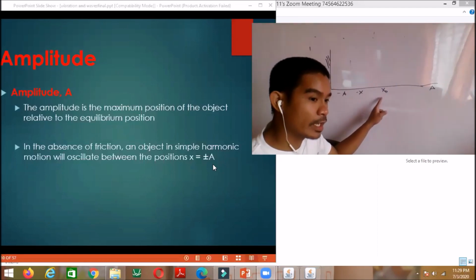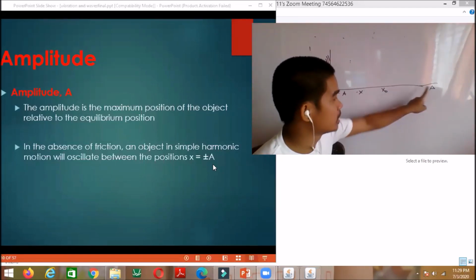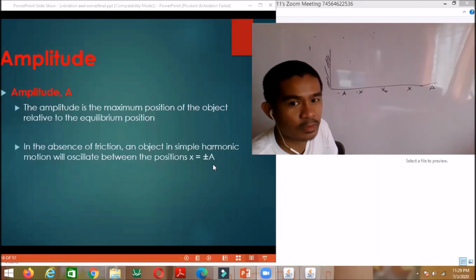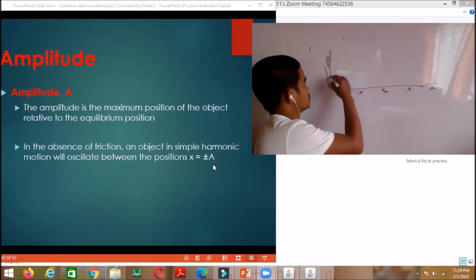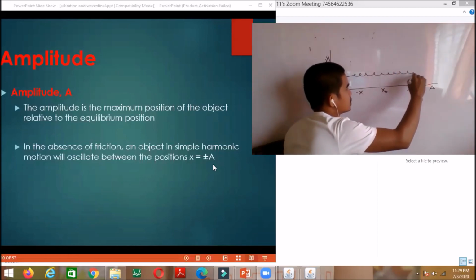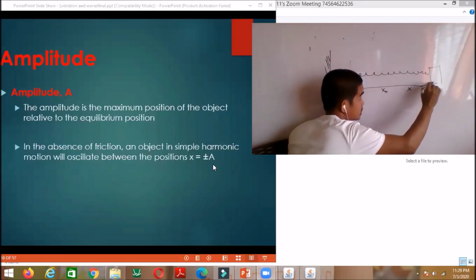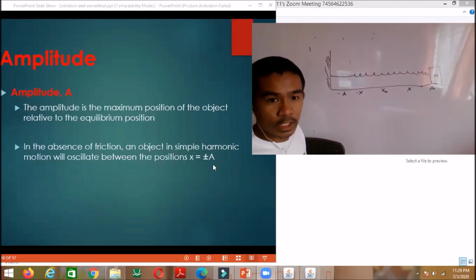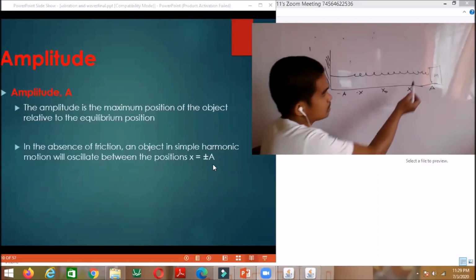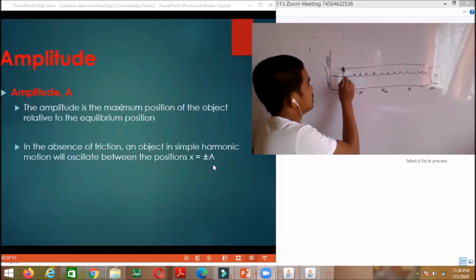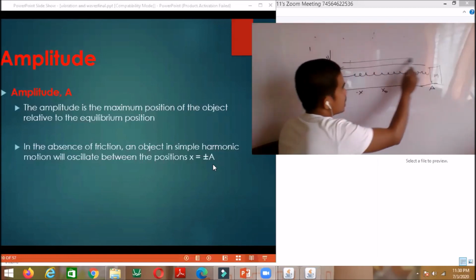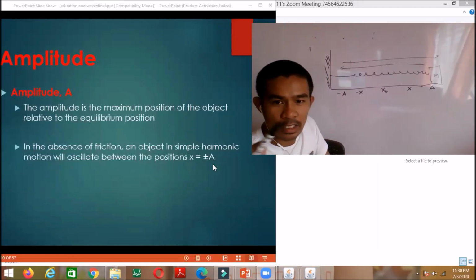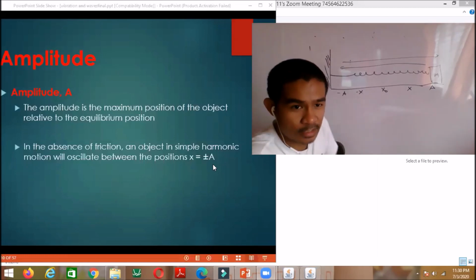And the position between them, the equilibrium position and the amplitude, we have position x. Okay? So in the absence of friction, if we stretch the spring up to its maximum displacement, which is the amplitude, it will oscillate from A back to negative A, and then go back to A. All right. So if friction is neglected,